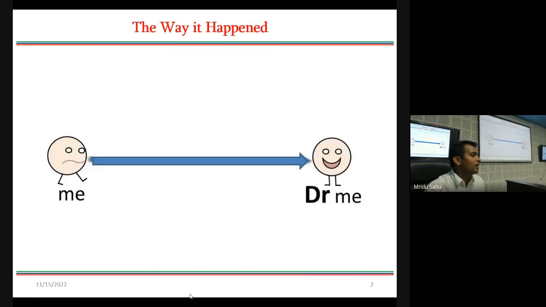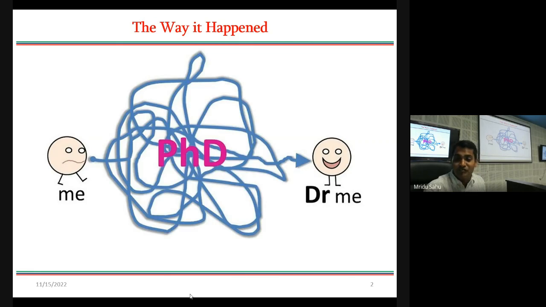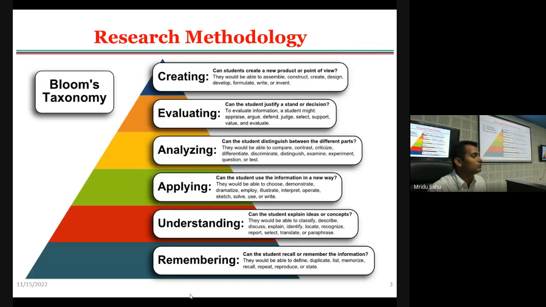So this is how I have completed. I had anticipated that my PhD or my research life would go like a flat straight line. I'll be getting admitted to my PhD, and after 3 or 4 years, I'll be getting awarded. So this is how I had anticipated my research career. But unfortunately, it went like this. A lot of puzzles, messy, and full of turns and twists. But at the end of my PhD, I could realize that these turns and twists helped me to learn many things, right? So I'm here to share those thoughts, those learnings, those experiences that I gained over the past few years